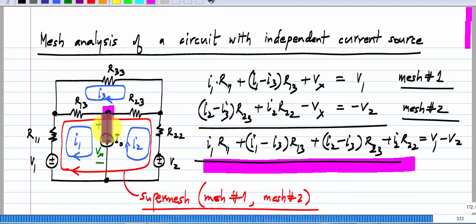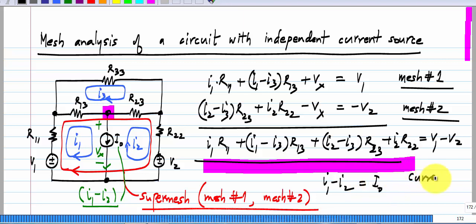Because the current through this branch in the downwards direction is I1 minus I2, right? I know that value because the independent current source sets this current to be equal to I0. So I have the equation for the current source itself. And I get this equation, and with these two equations, and also for the third mesh, mesh number 3, I have the same equation as before. So with these three equations I can solve for all three mesh currents, and from there get all the branch